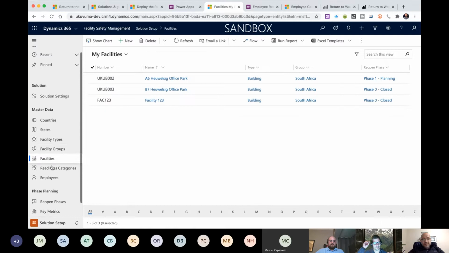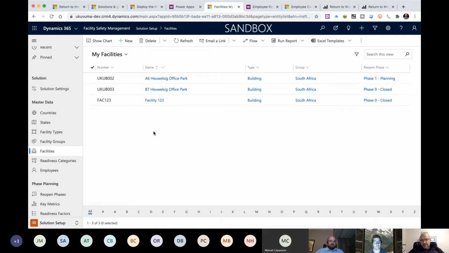Then you can set up your facilities in here. I'm not going to go through this process because I'll show it in the actual front end of the application, not in the setup area. But here you can load the facilities, whether it's a building or a data center or whatever the case may be that you might want to track throughout this process.